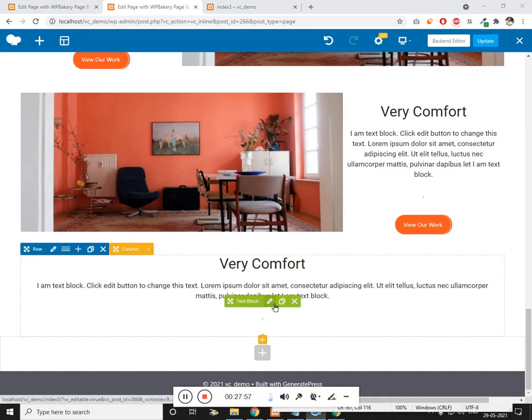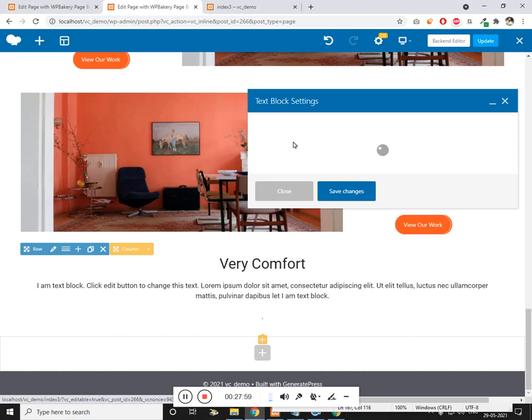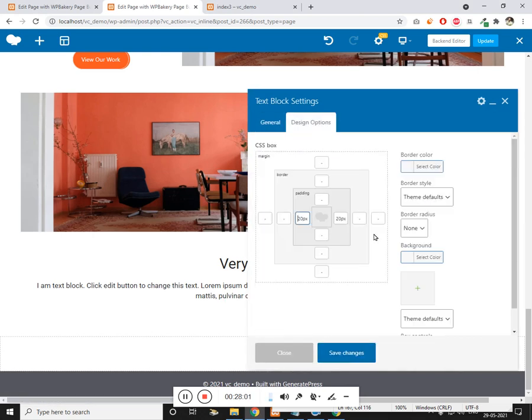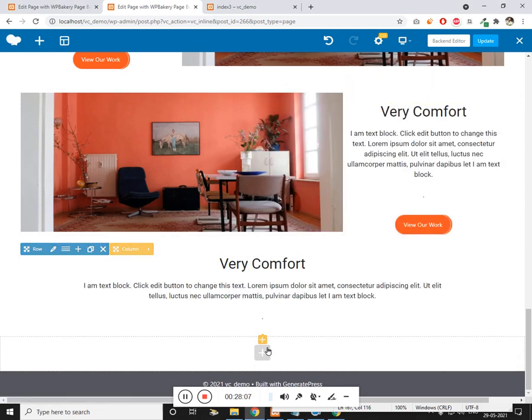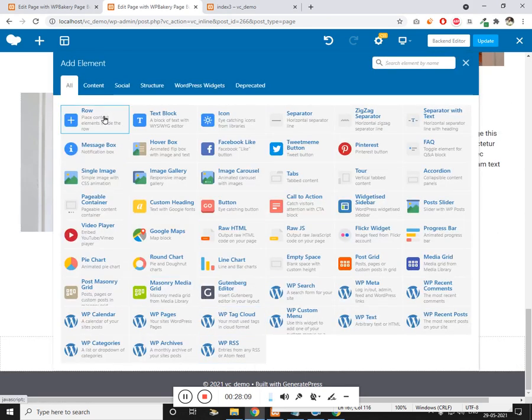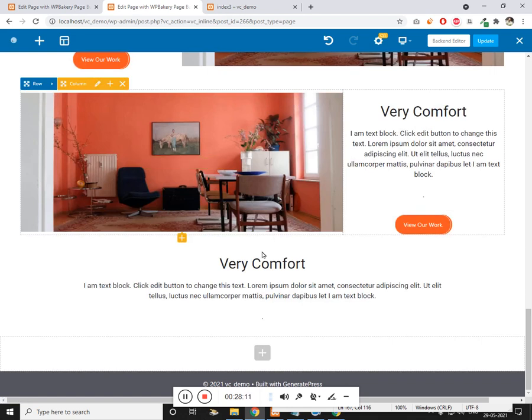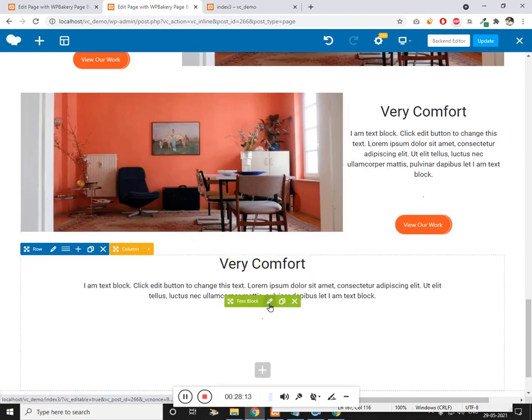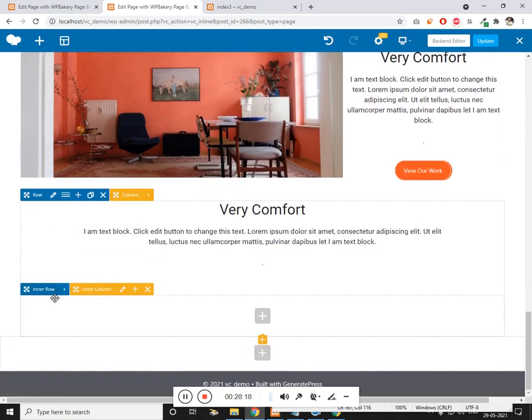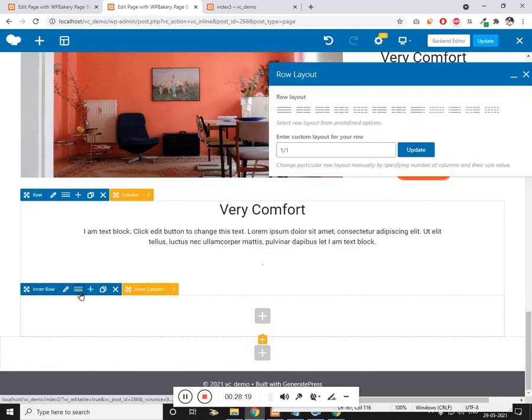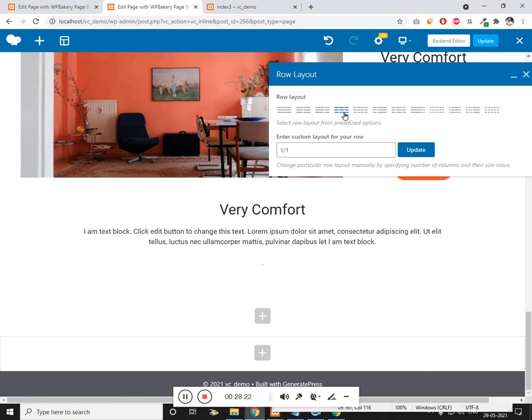So I want the padding to be slightly larger, so I'm giving 100% on both the sides. Now let's have an inner row, and this row is going to have 3 columns. Click on update.